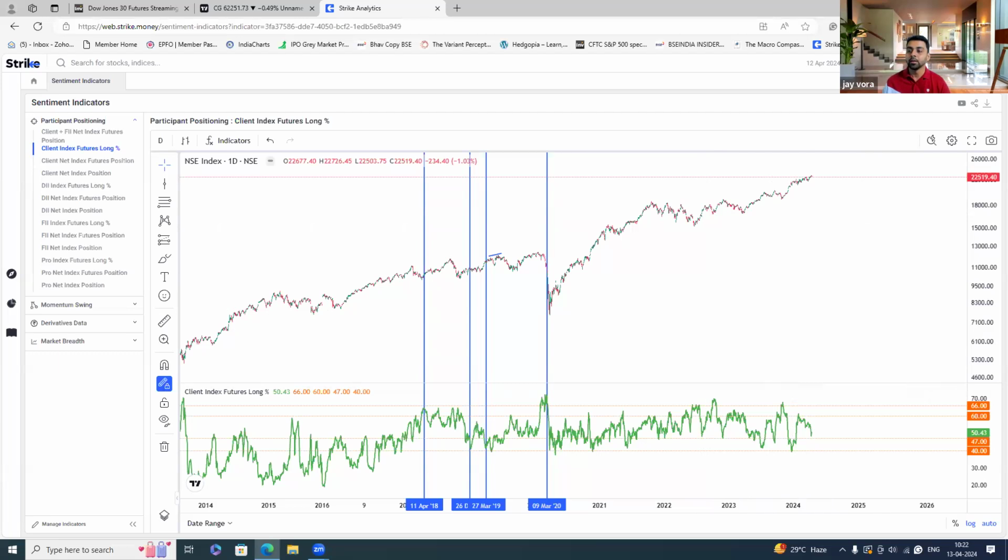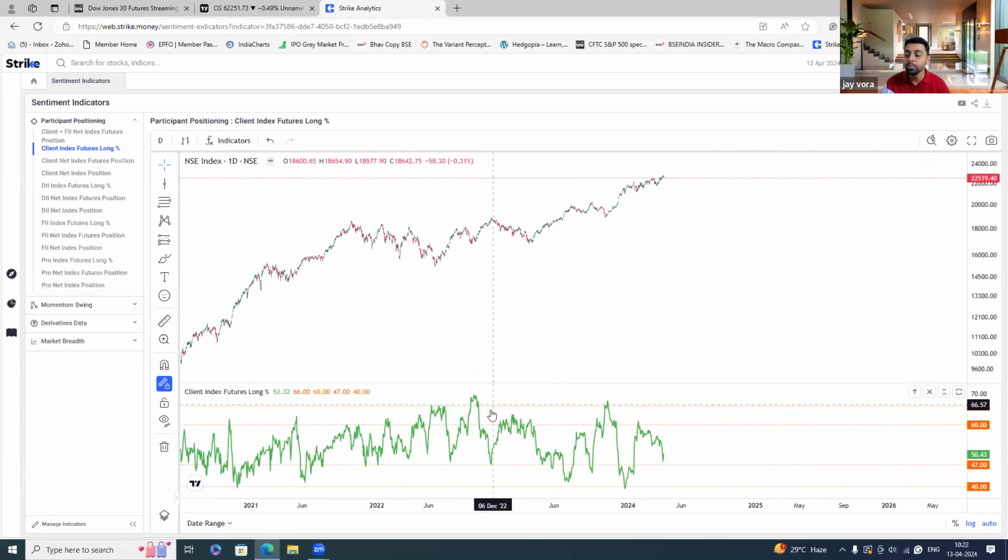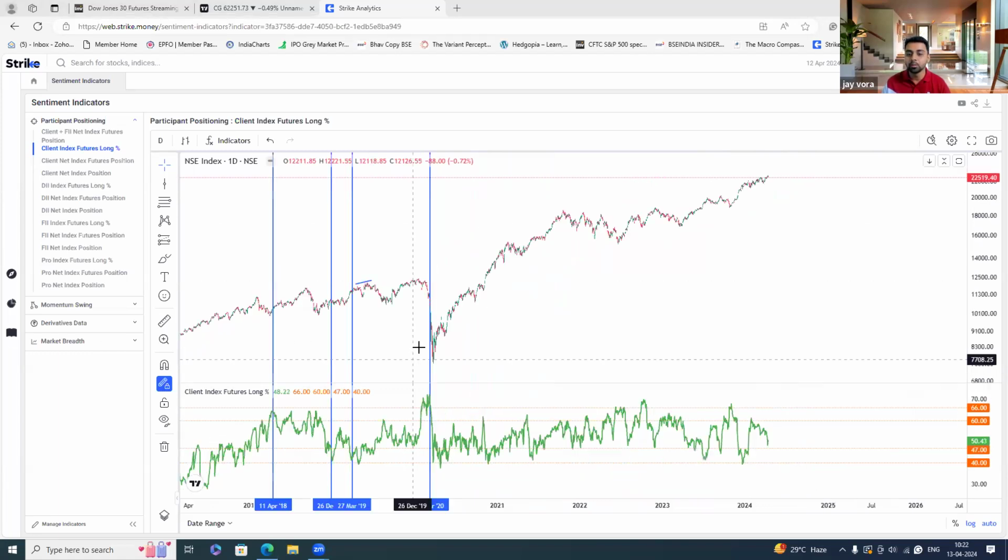Now, like I told you, it is very important to understand what the broader trend is. Based on that, you will be able to make a judgment whether we are only going to see a pullback or a meaningful correction. And that's where some part of trend analysis will become very important for you all. So just to repeat that